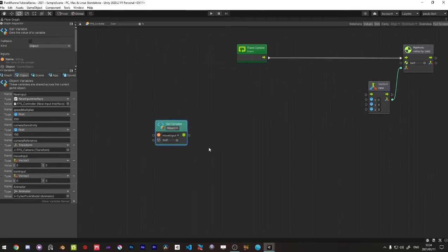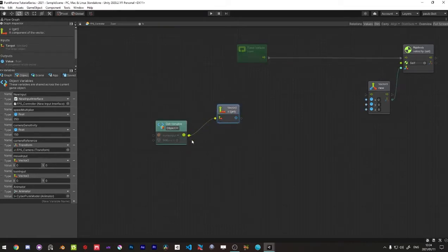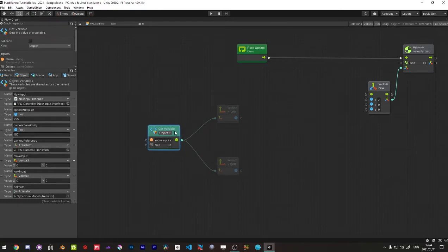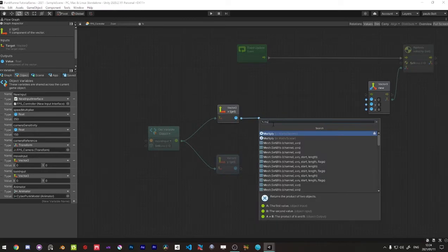And we're going to need to break it into the x and into the y. So we're going to go v2.x, we're going to go v2.y. So we have the x and the y separately again. And we now are going to be multiplying this by time.fixed delta time so that we get a consistent frame rate. So we're going to multiply,